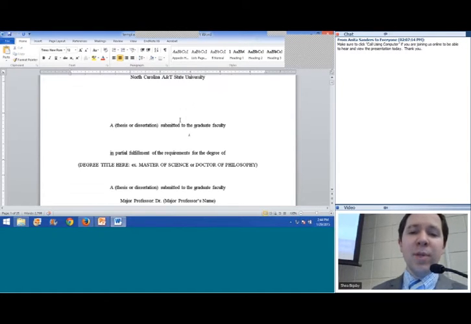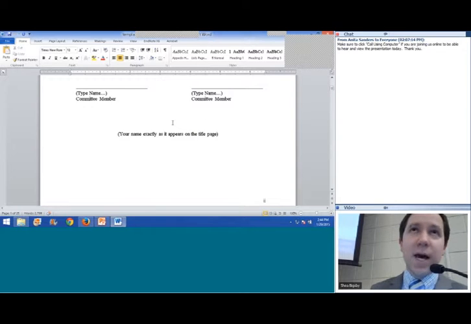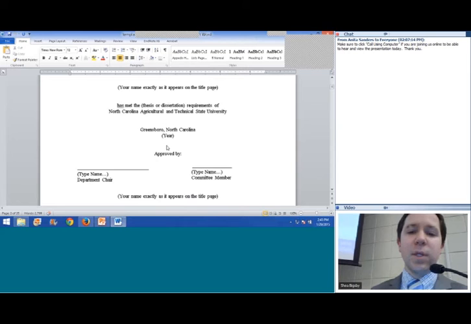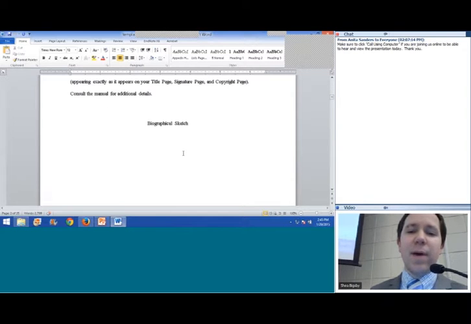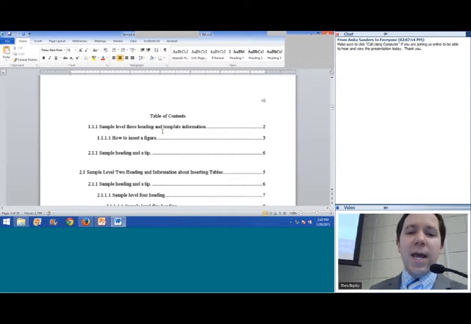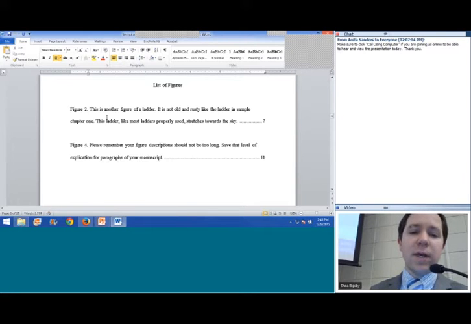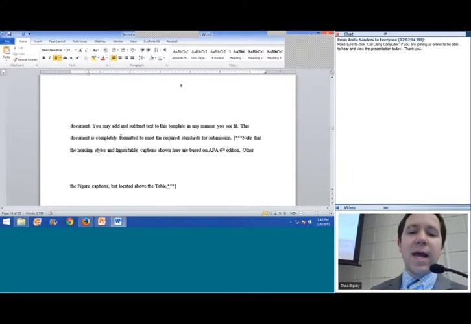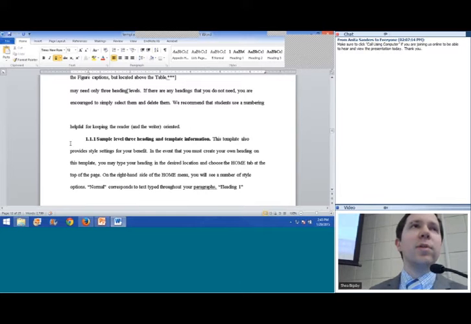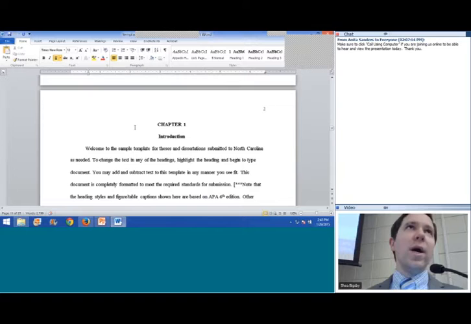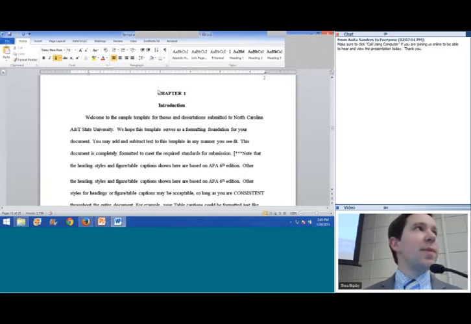So the template is set up like a document would be set up. It has the preliminary pages: the title page, the signature page, copyright page, bio sketch. There are all these preliminary pages. It has a working table of contents, which I'll come back to. It has a working list of figures and list of tables. It has a spot for the abstract. It has the introduction. It has each chapter laid out. And it also describes its own functionality. So if you actually read, starting at chapter 1, it describes some of the basic functions of the template itself. So it's worth having a spare copy of this, or kind of a